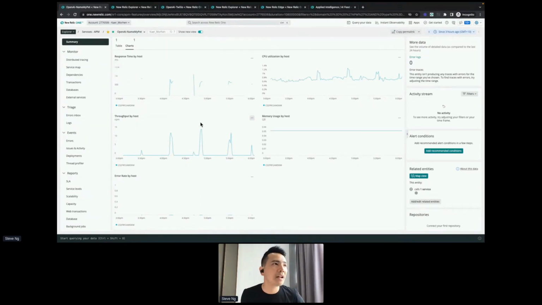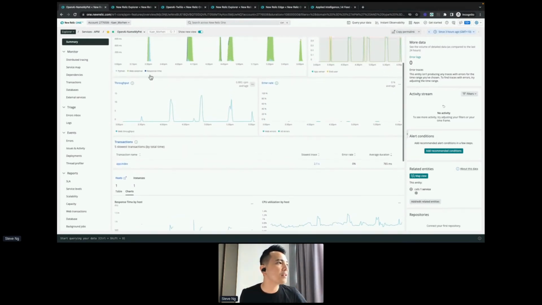Again, if you feel like you need more infrastructure data underneath it, we suggest that you install the New Relic infrastructure agent because that's designed for infrastructure. This itself, from an application point of view, has what I call good enough information that you can actually focus on. Now, once this is done correctly,